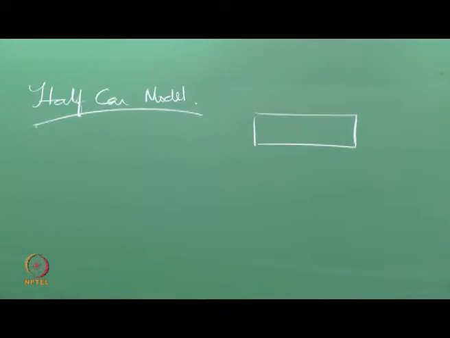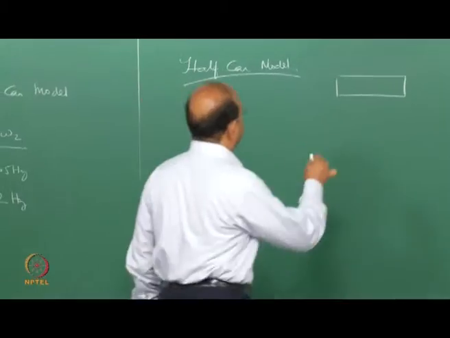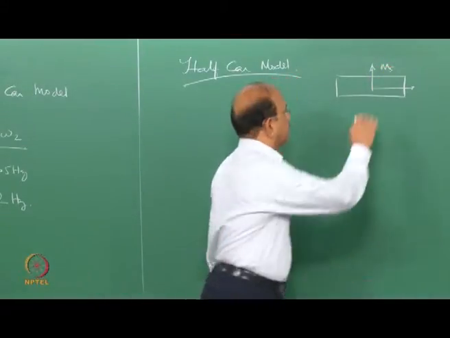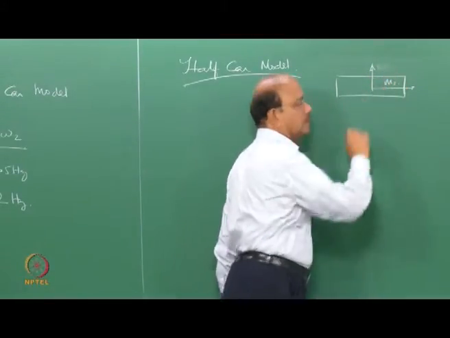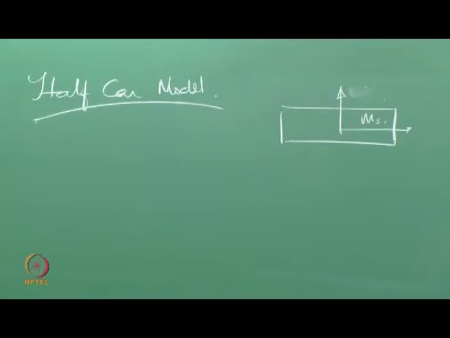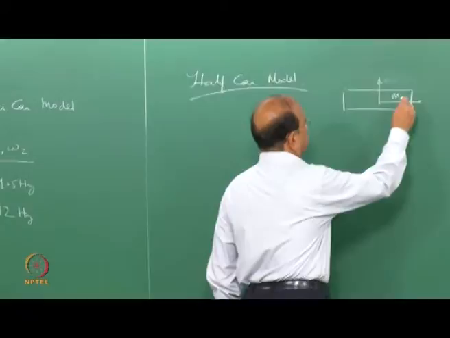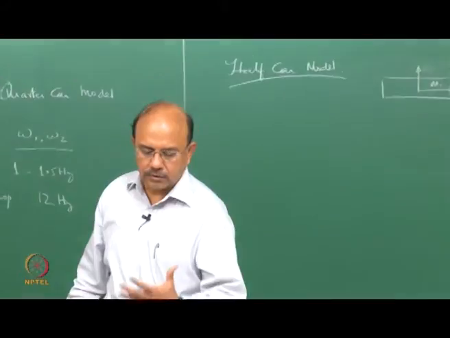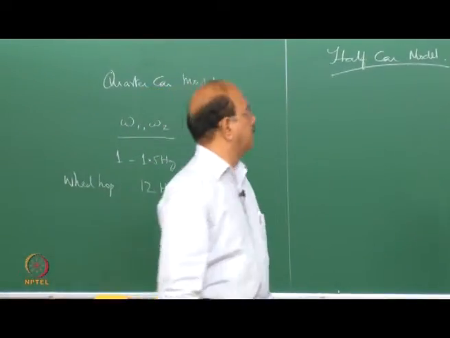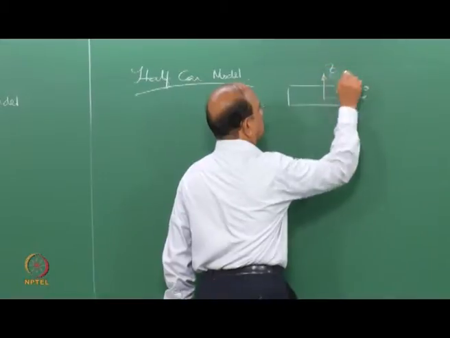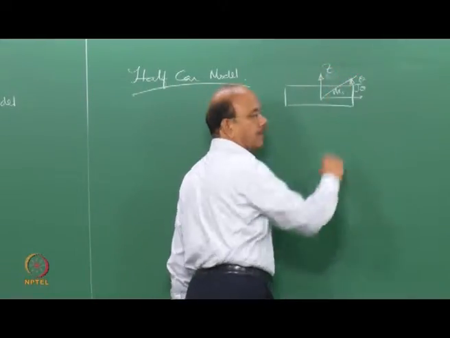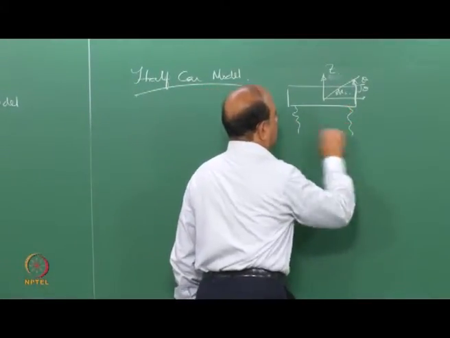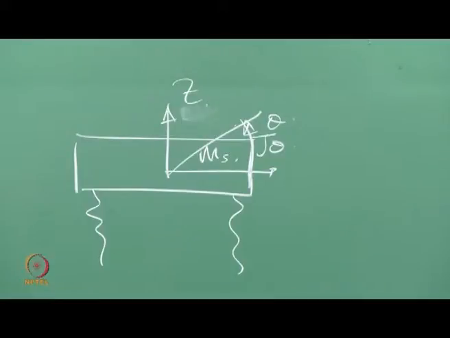We will consider only the sprung mass, that is ms, along with the moment of inertia, that is J theta, which would form the two constants of the vehicle, and the variables are the bounce as well as the angle theta. We said that this is going to be supported on two springs, the front and the rear,